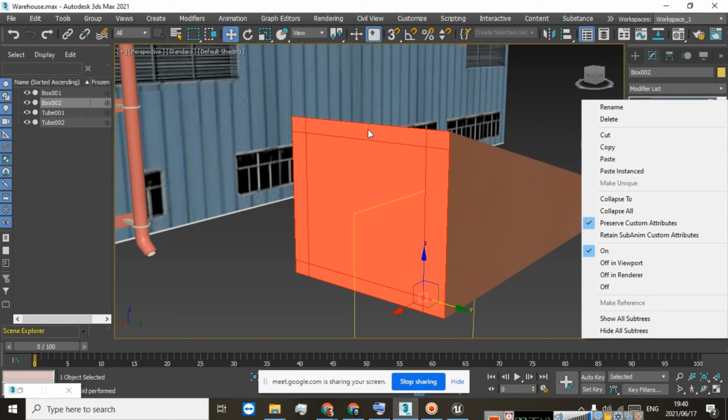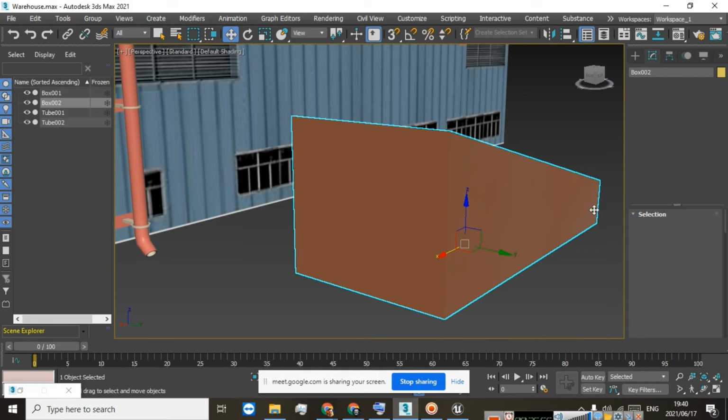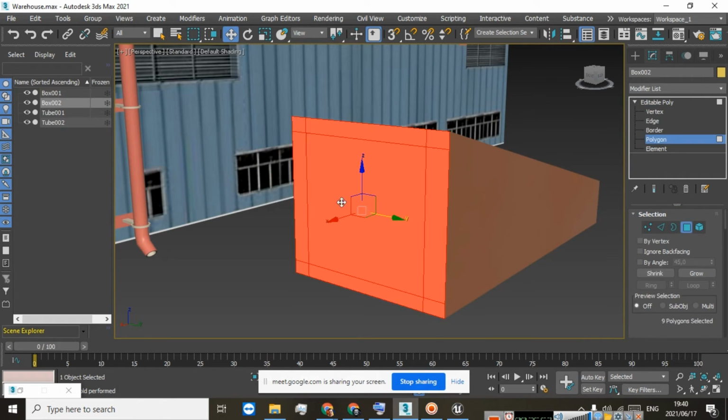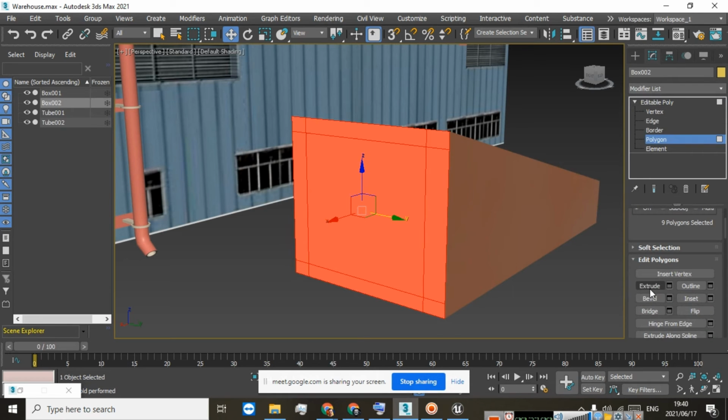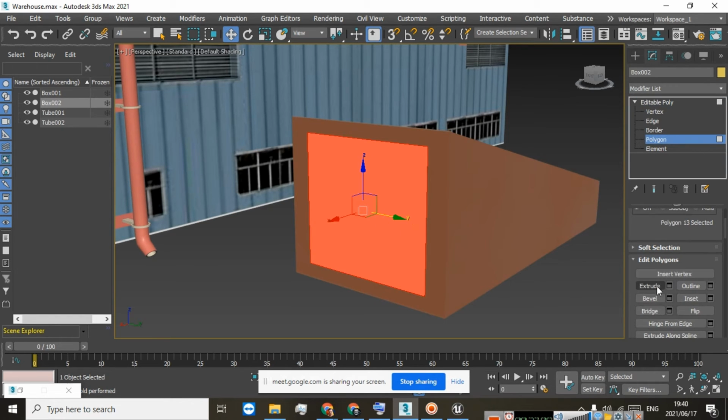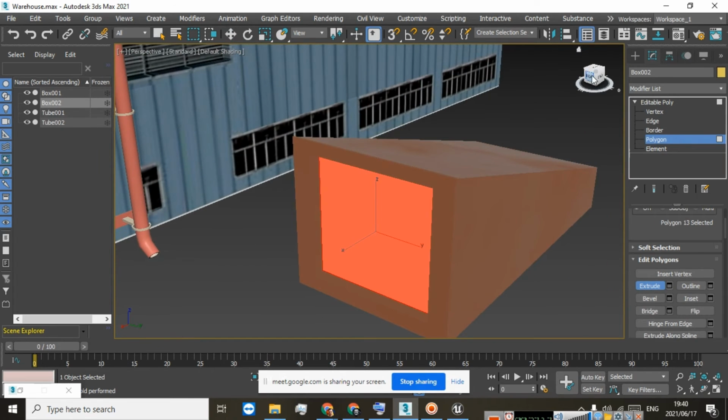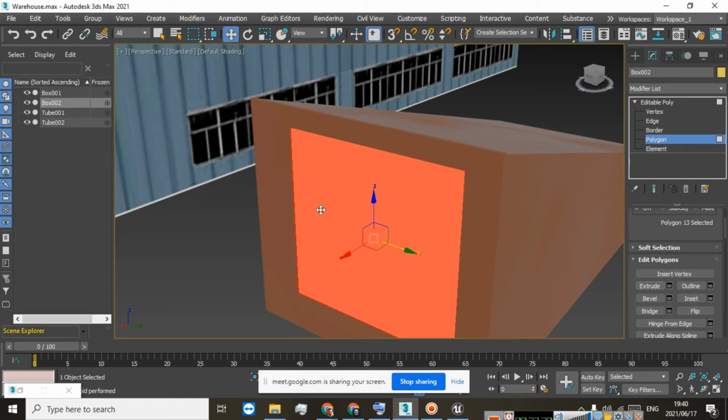And I could always make an extra line for each of these. Then I can just move the centerpiece in to create dimension. But I'm not going to do that. I'm going to collapse all of these, and instead of creating extra lines, I'm just going to use the bevel, the extrude tool. Oh, sorry, I want to just get this polygon selected, so only that polygon. I'm going to extrude, but I want to bring it in a little bit. Okay, there you go. So now that it's sunk in a little bit,